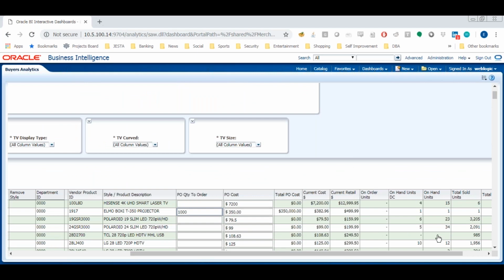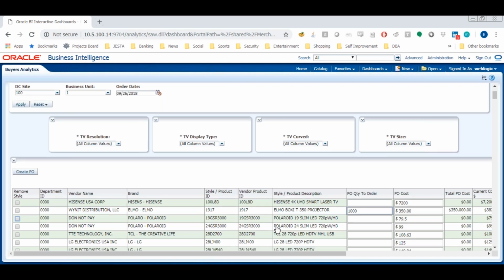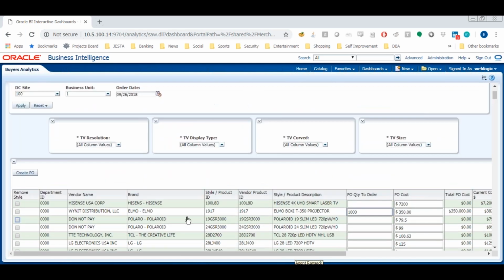while still being able to leverage the analytical aspect of visibility about what you have in stock, what you have on order, how much you have on hand in the warehouse, how much you have on hand in selling stores, being able to identify the sales trend and so on and so forth, to let you make more intelligent purchasing decisions. Now, once you're done, we still have that problem of exporting to Excel, and